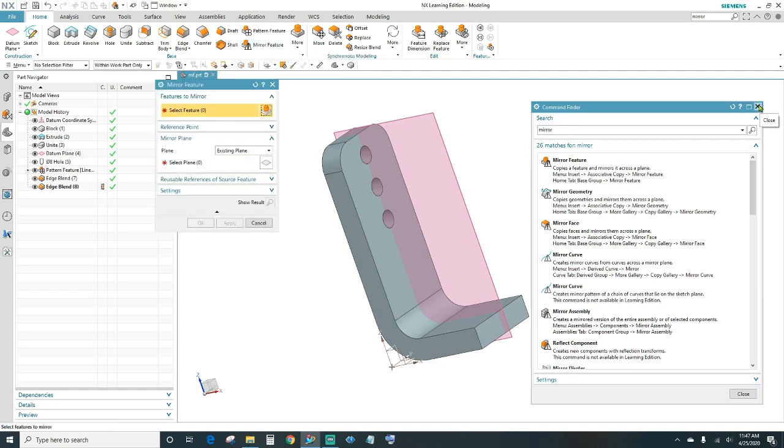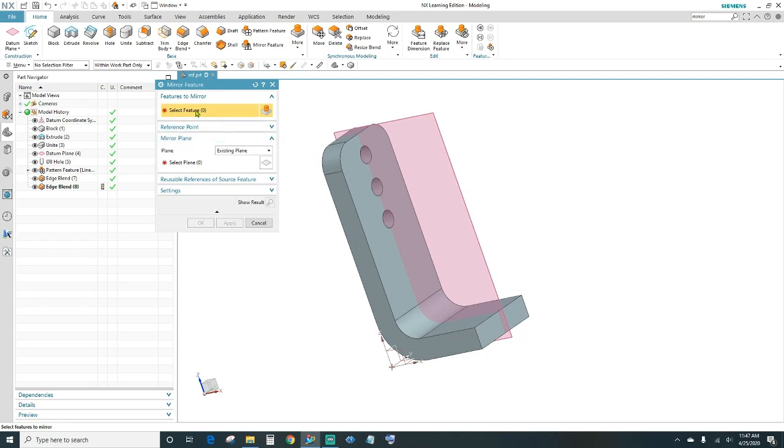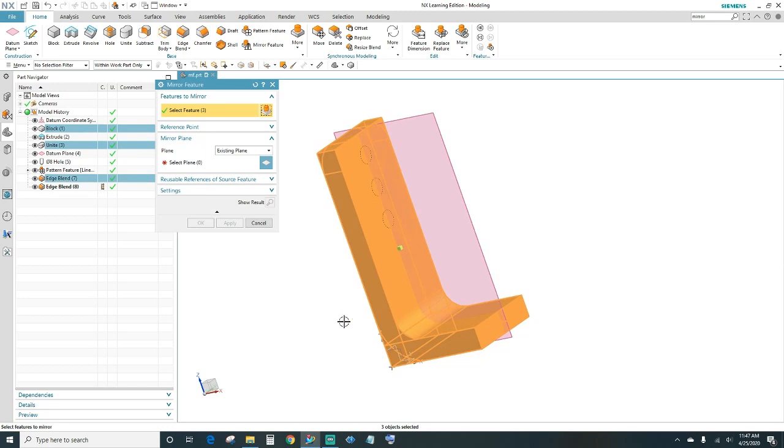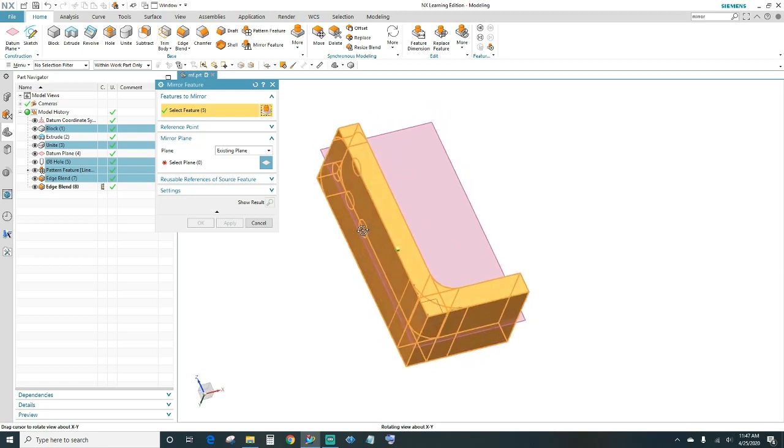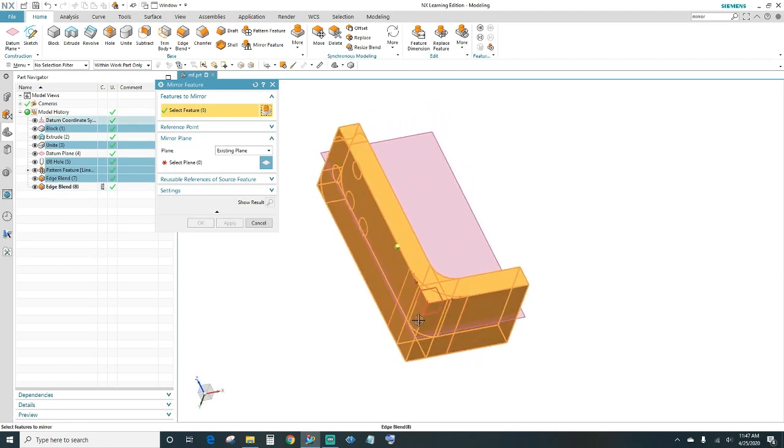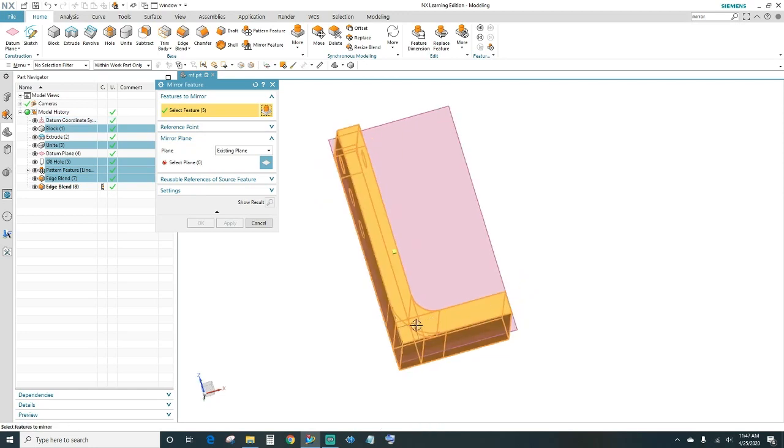You want to close out with the search bar. Alright, you want to select your features. So we got the first block. You want to select the extrude, the radius, the unite, our hole, the pattern, our edge blends,